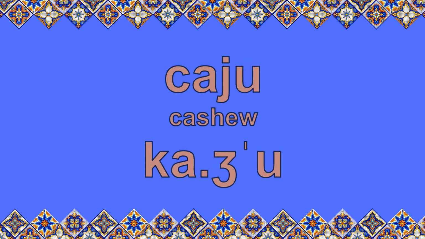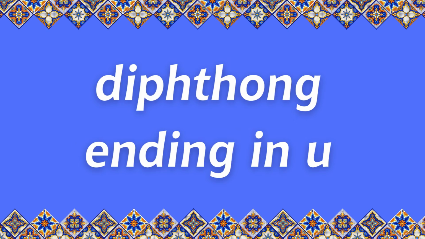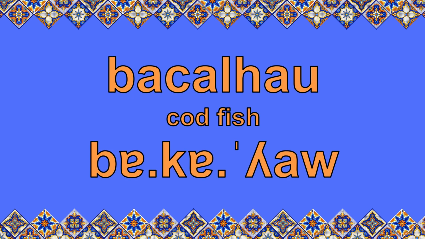Caju, caju. Even though in this one the first A is an open sound, the stress of the word still falls on the last syllable because the word ends in U. Caju, caju. Now let's look at an example of a word that ends in U, but more specifically a diphthong that ends in U. Bacalhau, bacalhau,